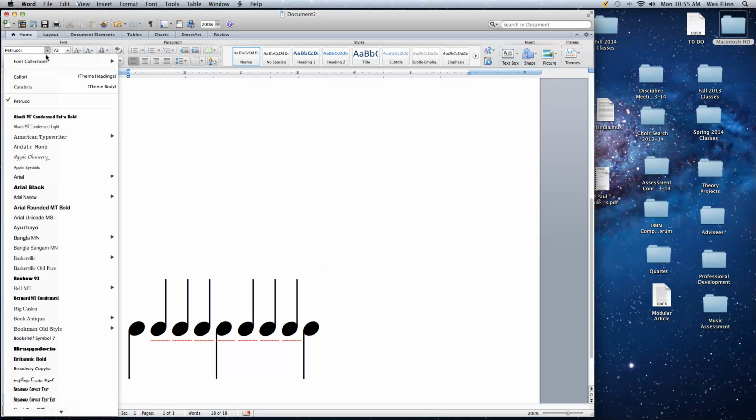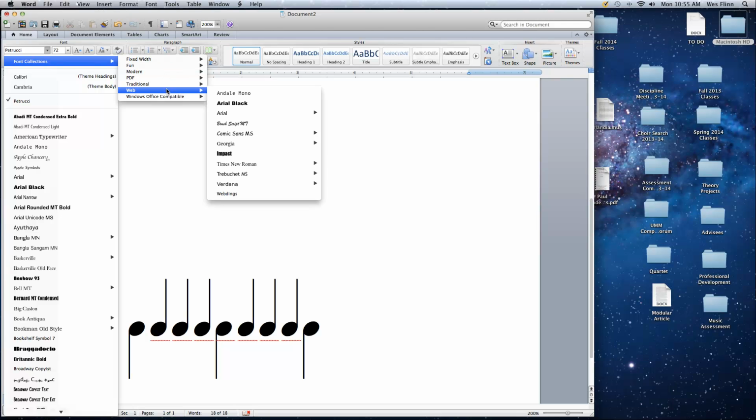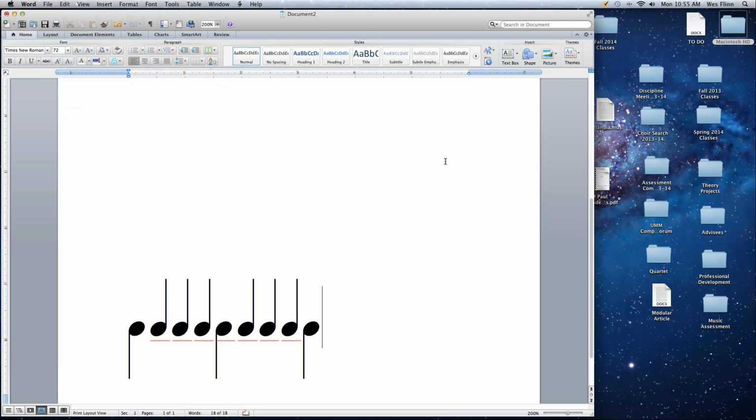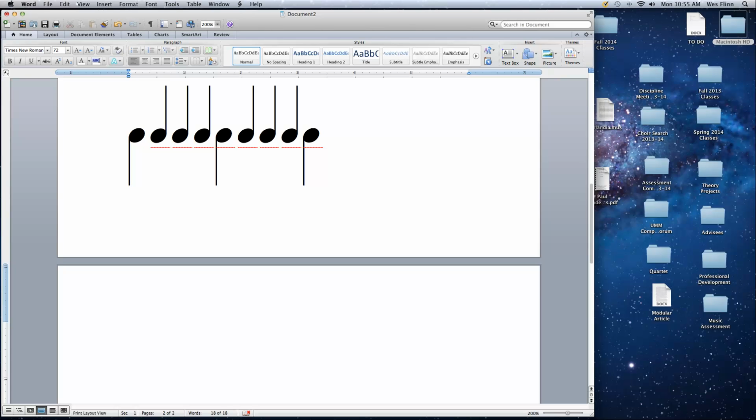Now, the term for this, let me get back to Times New Roman here so we can see what we're dealing here. The term for this is meter.